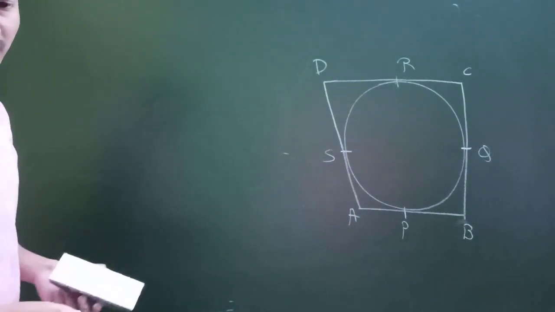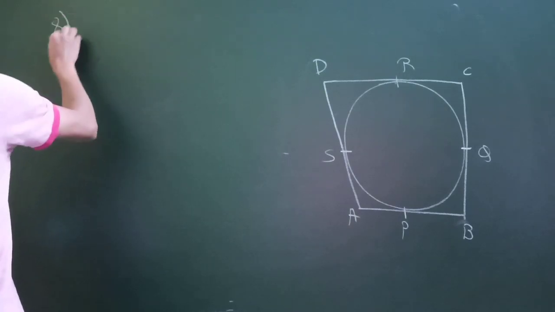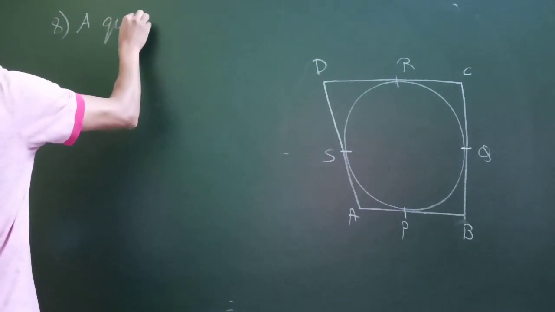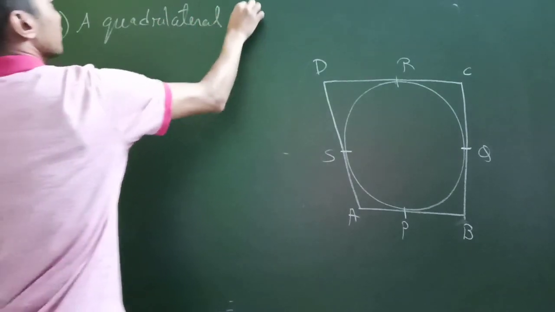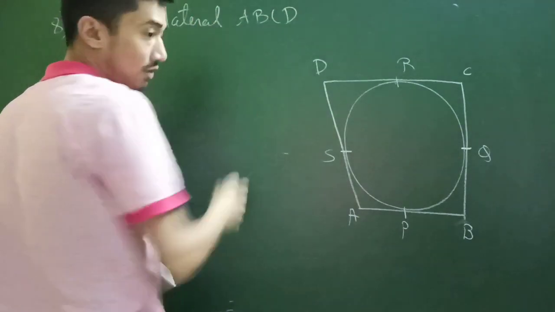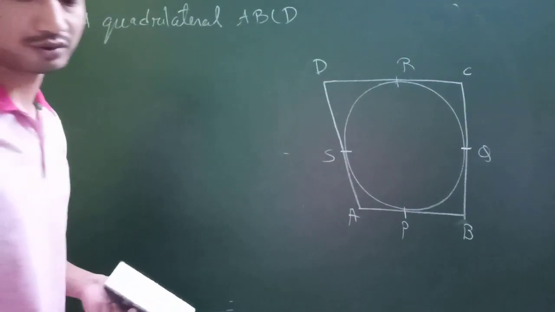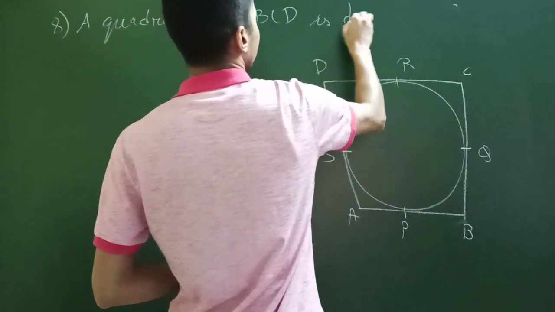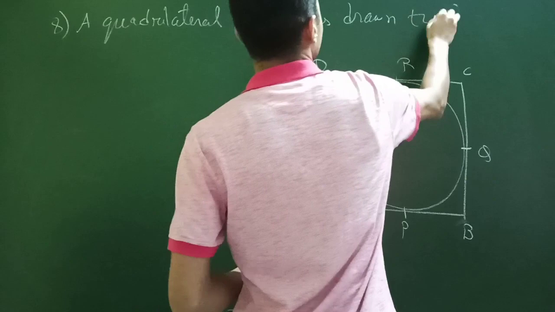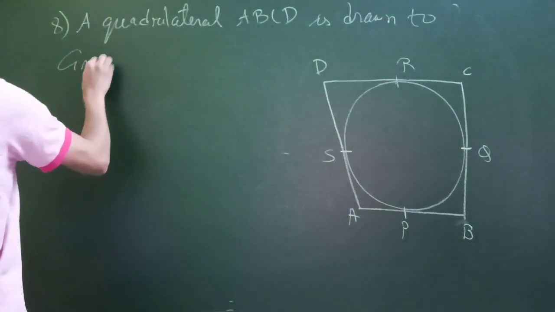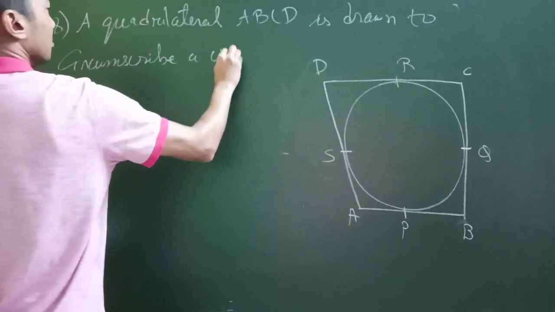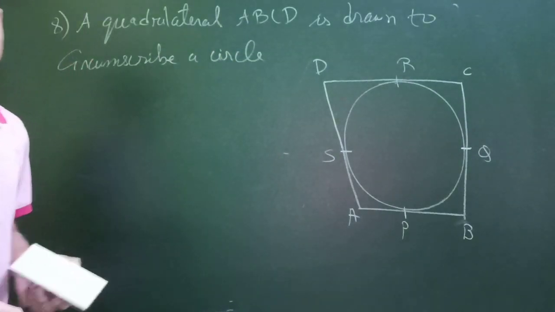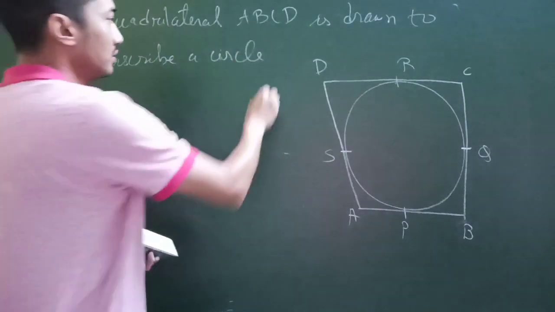So in the question, question number 8: the quadrilateral ABCD is drawn to circumscribe a circle. Prove that